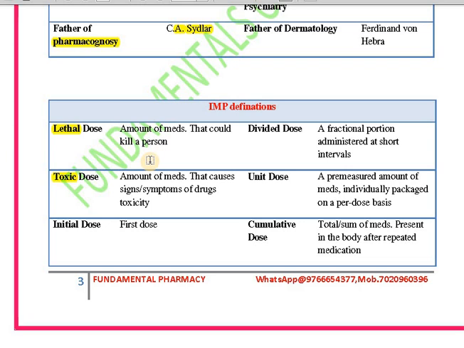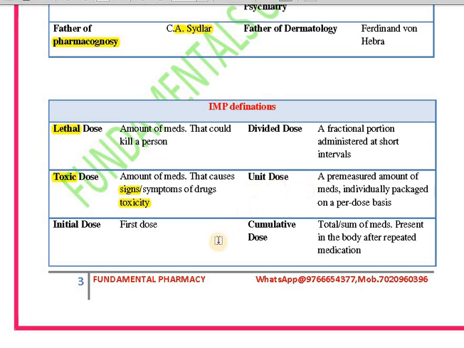You have to understand what is the difference between lethal dose and toxic dose, that a toxic dose is not lethal every time, but a lethal dose can obviously be toxic. So toxic dose means you will only see symptoms of toxicity at a dose which gives symptoms of toxicity, that is known as toxic dose. And the dose of medicine that can kill a person, that is known as lethal dose. Okay,